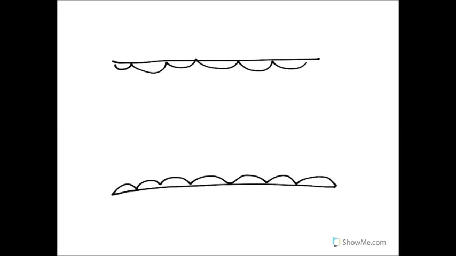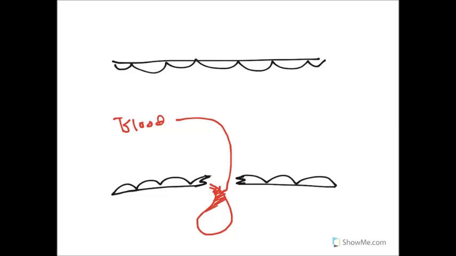Now, what we're going to see is what happens upon the injury. So here I've got my normal endothelium, happy, healthy, doing what it's supposed to do. But an injury occurs, and as this tissue becomes injured, the endothelial cells are damaged, and the blood that's inside the lumen will begin to flow out as we are losing blood and losing blood volume. This loss of blood is going to need to be stopped, and that's when we said